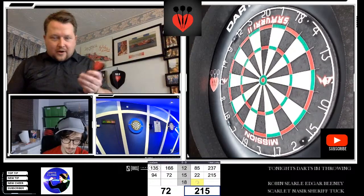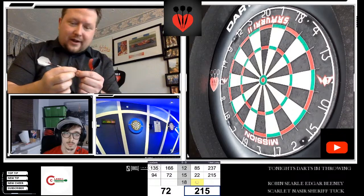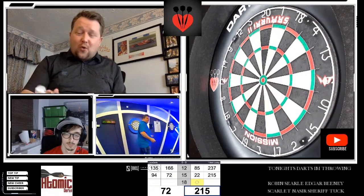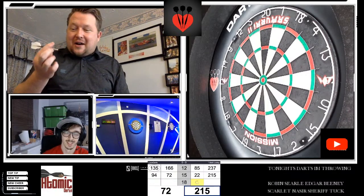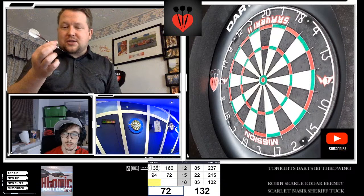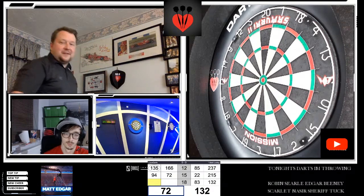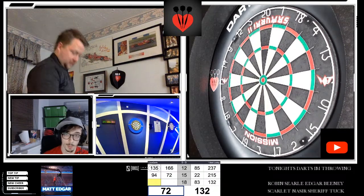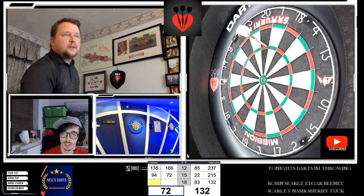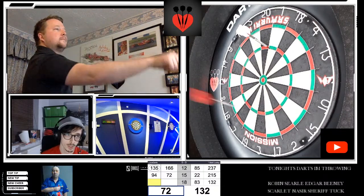I tell you one thing, guys, just while we're on the Nazirs, for me, I don't like the rounded off front, personally, but, oh my god, I pick these up and I always throw these really, really well. I love a different coloured dart, so a silver dart is not typically my thing, but, geez, these throw so nice. I always do this every time I pick them up. I like them because, for me anyway, they sit relatively flat, and we talk about that nose. It's very good for stacking because it sits all the way along the barrel. So yeah, good little dart those. 22 gram,